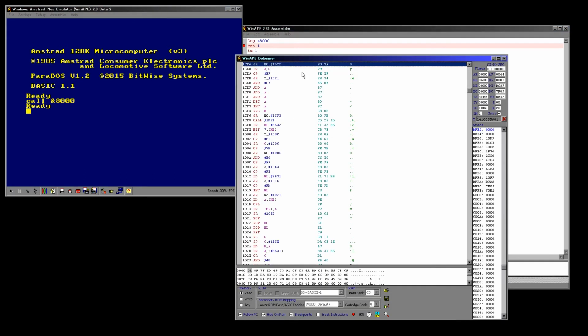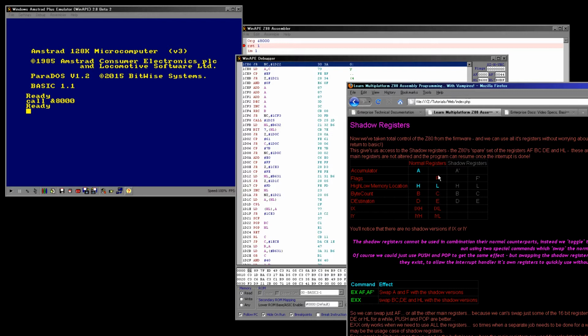So if we press F7 here, you'll see here are the normal registers we've used before, but there's these extra registers over here. Now they're not very clear here, but you can just see there's 4 of them here. And if I bring in my web page, which I suggest you visit after you finish watching this lesson, you'll see there is a second accumulator, a second flag register, and a second copy of HL, BC and DE. Now,